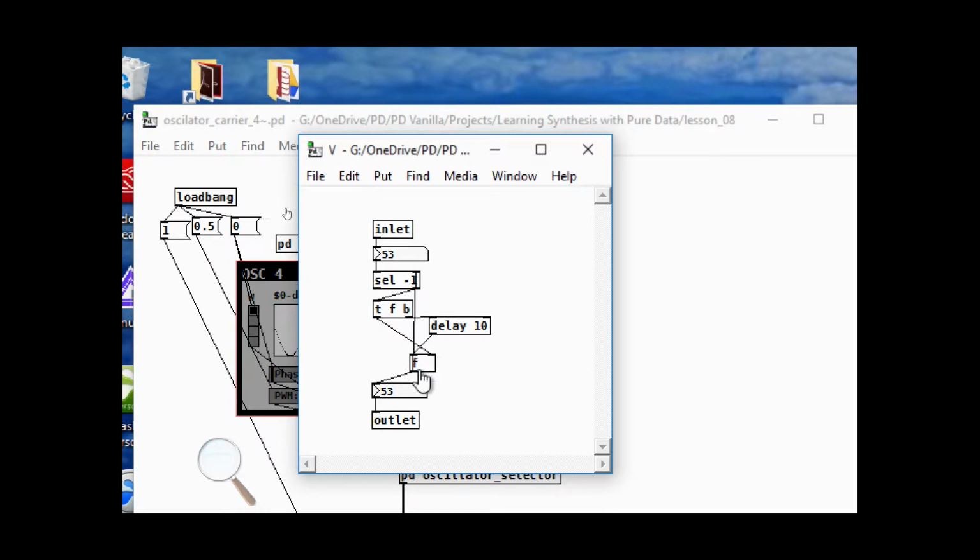And what it does is it goes into the float box. Now, it goes by way of this trigger float bang. So really, the number coming out of here goes out the left inlet and gets stored in the float box. And as it does, it bangs a delay 10. And delay 10, after 10 milliseconds, which is a really quick amount of time, bangs the float box. And what happens when it does that is it basically bangs the number out to continue, and it bangs